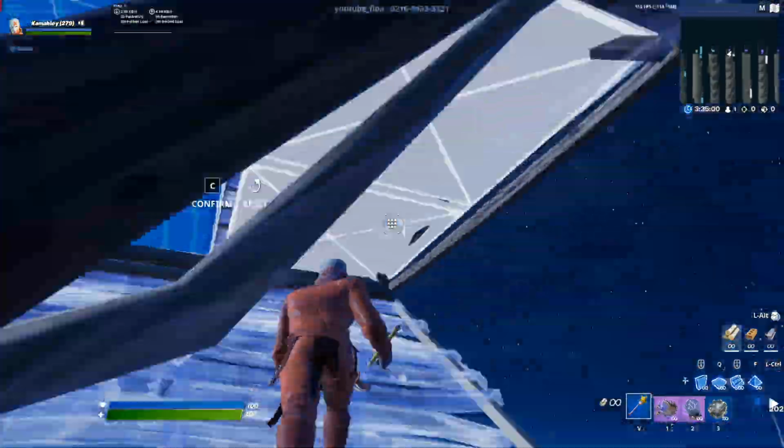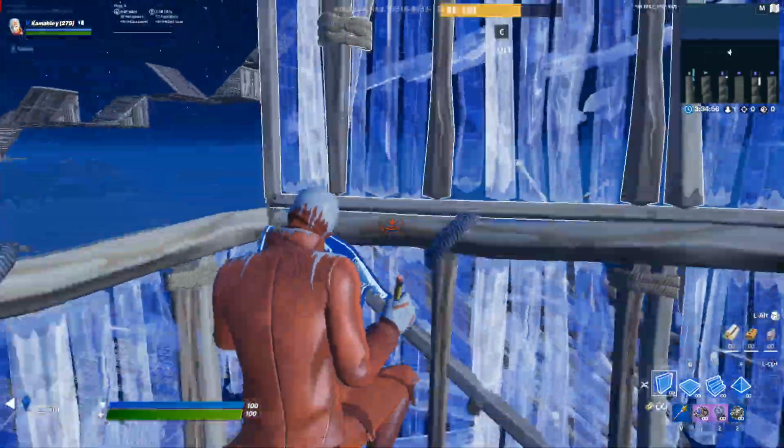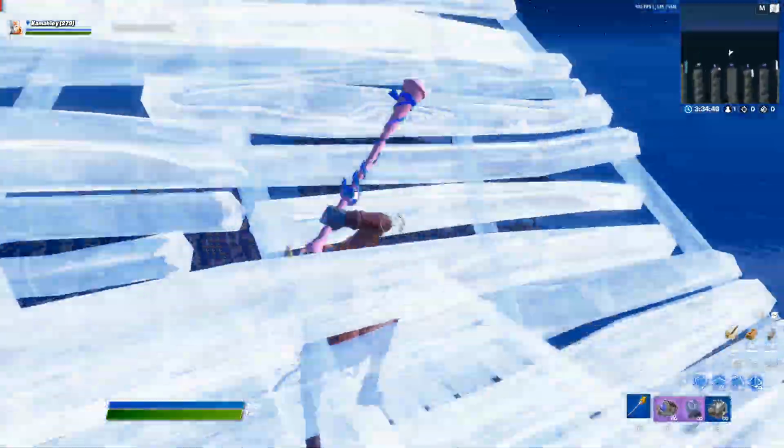Also, building is turned on in this map, and it has a lot of open space, so when you don't feel like editing anymore, you can just start free building, and you can start free building and editing all at the same time, just to get that little bit of extra